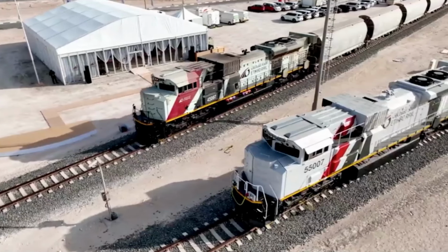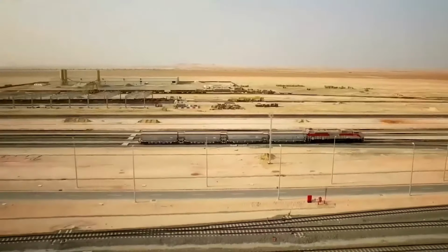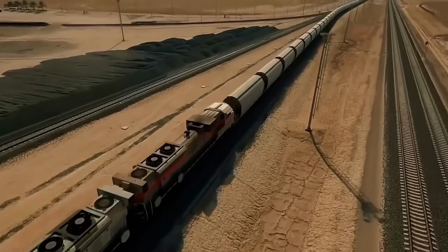To address the unique challenges of the desert, Etihad Rail's locomotives are equipped with a sand filtration system and a sand plow. These features help mitigate the impact of sand on the railway's operations, ensuring that trains can run smoothly even in the harsh desert environment. The second stage of the project is currently underway, aiming to extend the network and further enhance connectivity across the UAE. This stage will significantly increase the reach and capacity of the rail system, supporting the broader goals of economic